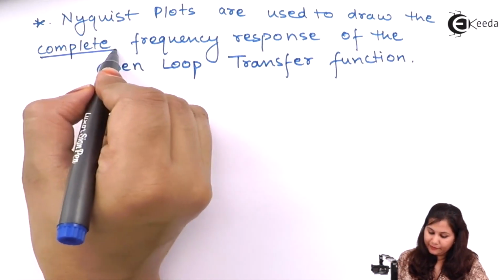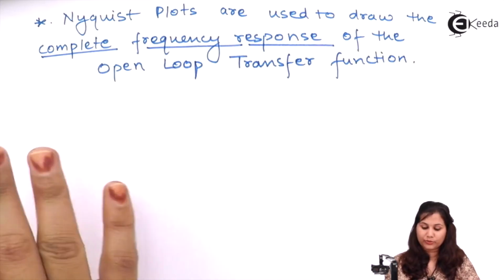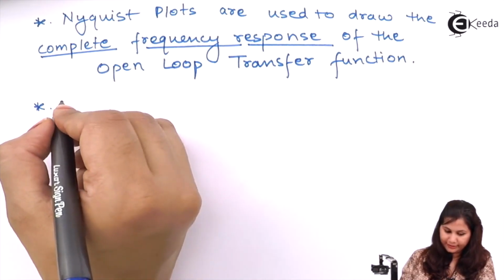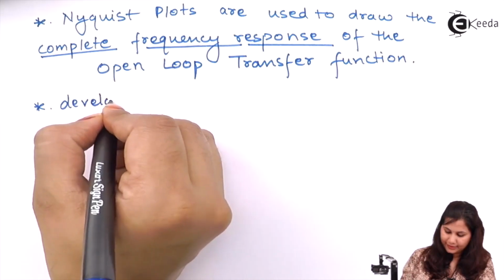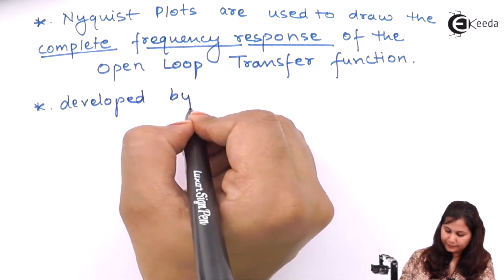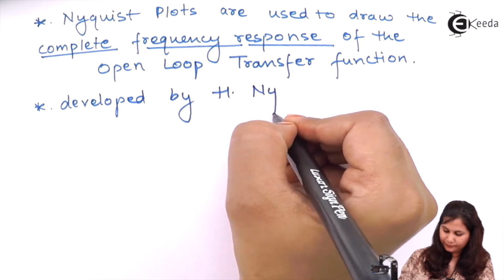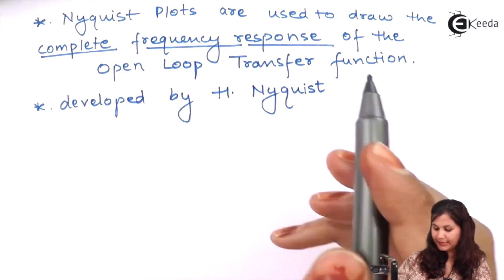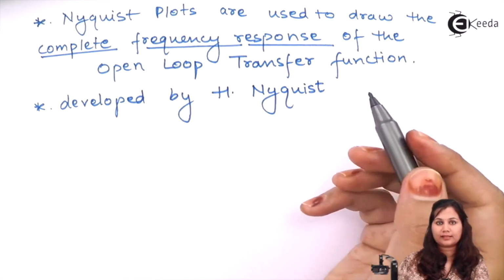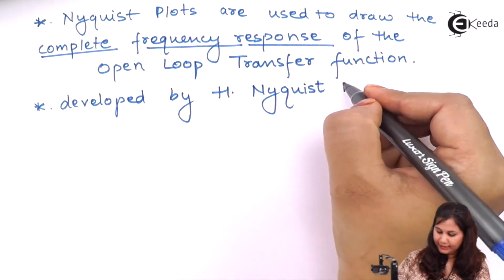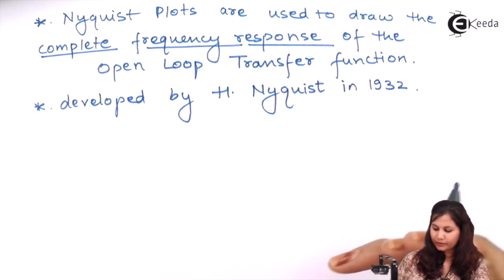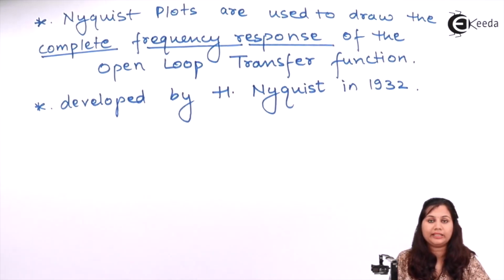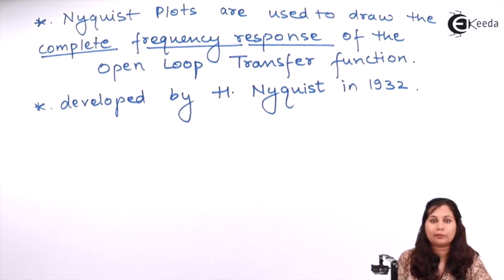Okay, that is, the complete frequency response can be plotted using the Nyquist plots. The Nyquist plots were developed by the scientist H. Nyquist, and after the name of the scientist, the method has been named the Nyquist stability criteria, in 1932. Okay, so let's study what this Nyquist stability criteria is, and how we find out the stability using this